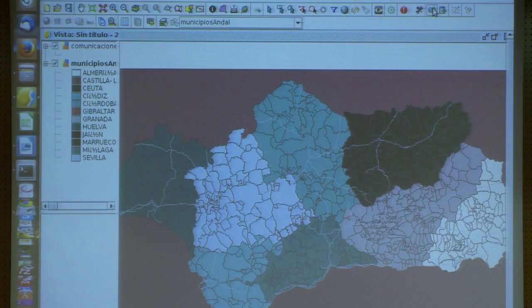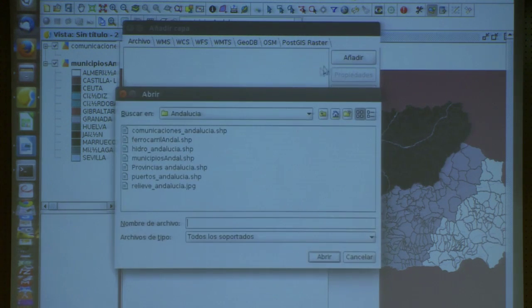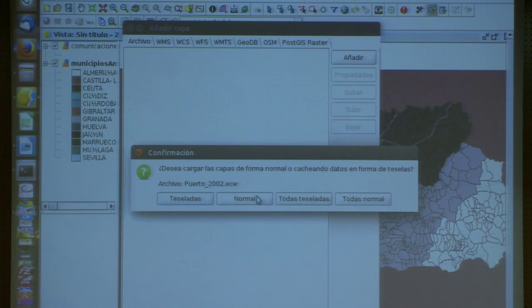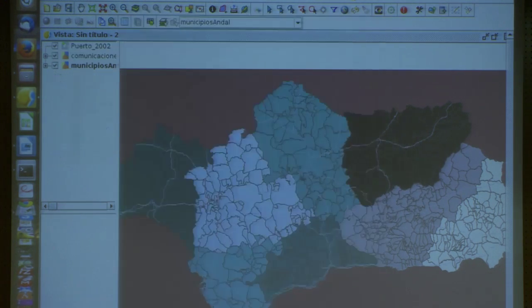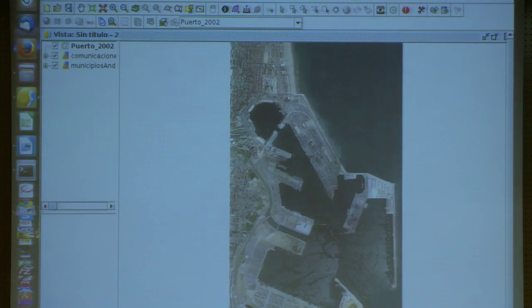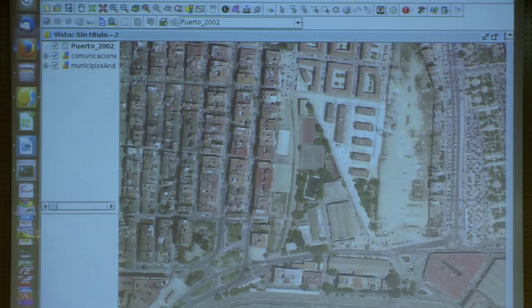So in this same view, we are going to add layers, and we'll have the layer of the Valencia port. We go up one level, port Valencia 2002. If it's a very heavy layer, we could load it tiled, so it's loading it in small tiles, and then we say right button, zoom to the layer,